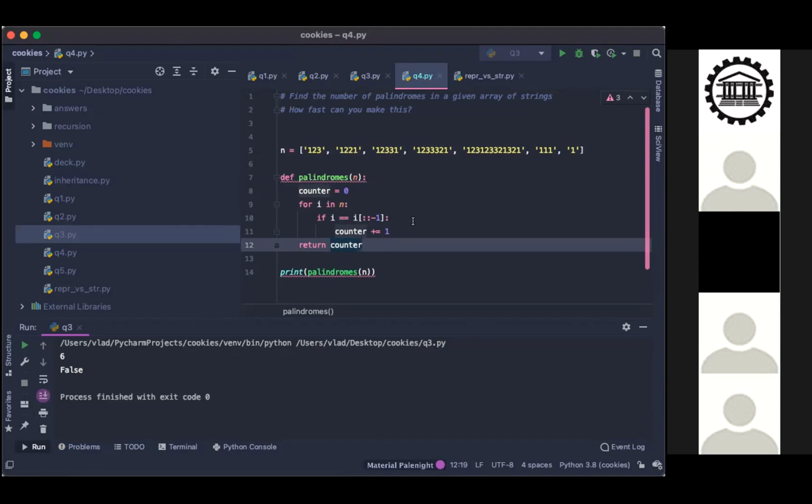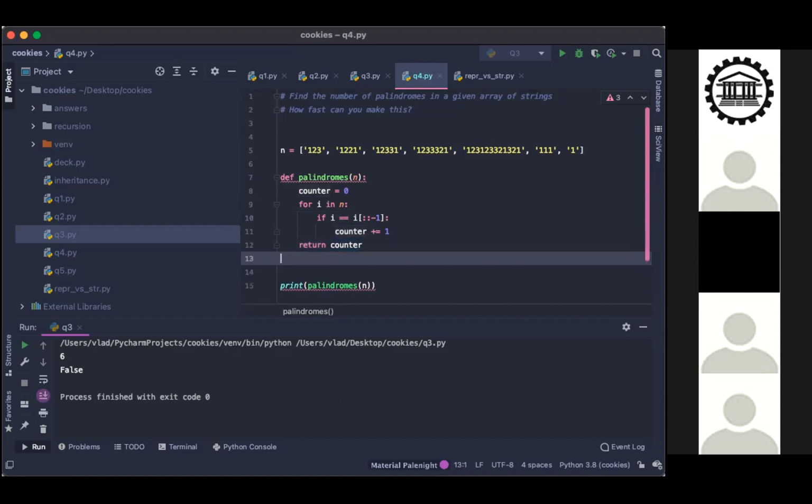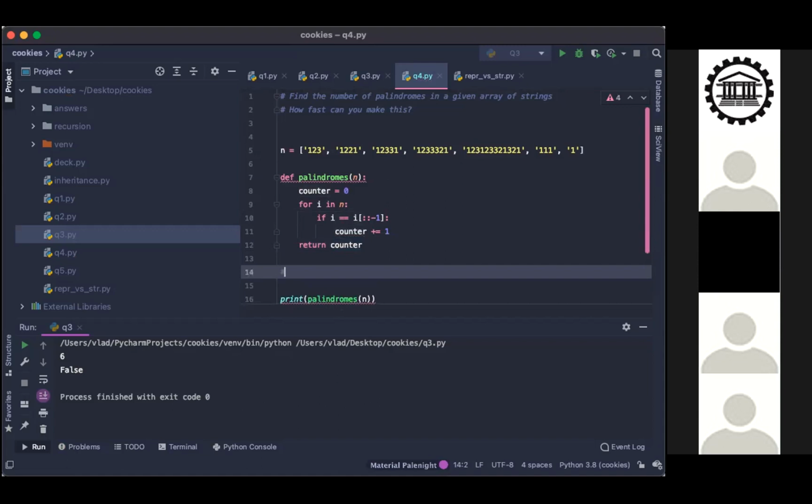So counter is obviously one assignment, so one step, it doesn't take much. And the for loop, just i in n, takes the length of n, so that's all of n. And the if statement, well, it has to reverse it first, but then it's just an assignment. I don't think it's going to be O of n squared.